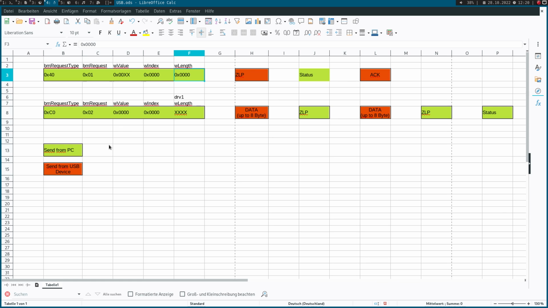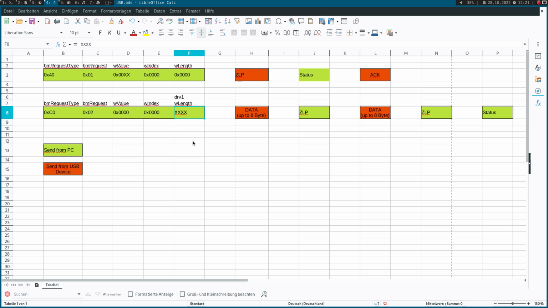And the second request I want to use is for reading back the value of the 7-segment display. Here it's also vendor specific, and the direction is in this time. I will use request number 2 here. Index and value are don't care, I won't use them. And here length is the number of bytes which should be sent back to the PC. It has to be at least 1, but it can be a bigger value too. And for the data which will be sent back, the first byte is always the value of the 7-segment display, and then the other bytes are just